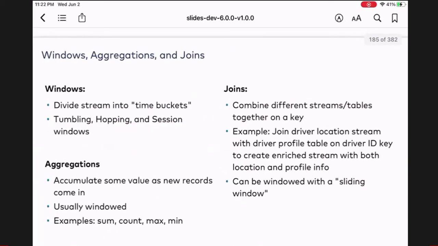And now we get to this part: windows, aggregations and joins. This is so important to understand. With windows, we want to divide the streams into time buckets. We have tumbling, hopping, session, different kinds of windows. I'll talk about this in just a second. You can do joins in Kafka Streams. You can join streams to tables. For example, since we're working with driver location, I can join the driver location stream with the driver profile table, right? And use the criteria based on the driver ID key,